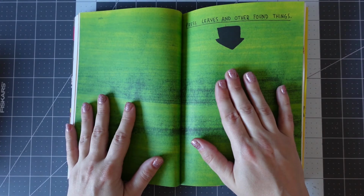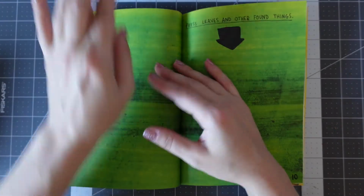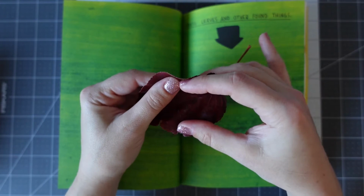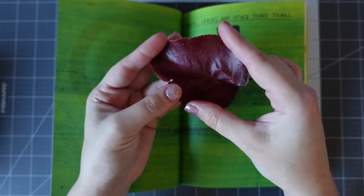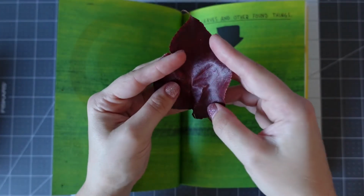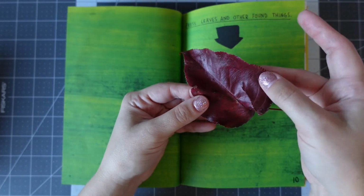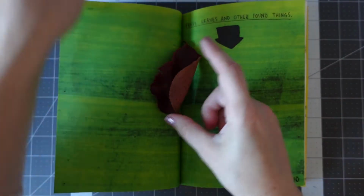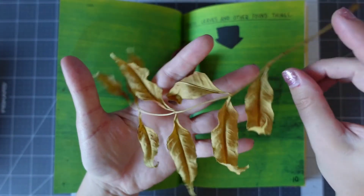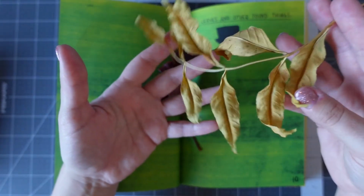So I'm going to bring in the things that I found. And they're a bit crunchy because they've obviously curled up on my desk, because it's warm inside my house and they've dried out and it's been quite moist outside. So we have this beautiful leaf that I found, such a vibrant red, and then also these ones here. Now, I don't know whether you remember, but I was talking a little while ago about a tree that was bright yellow,